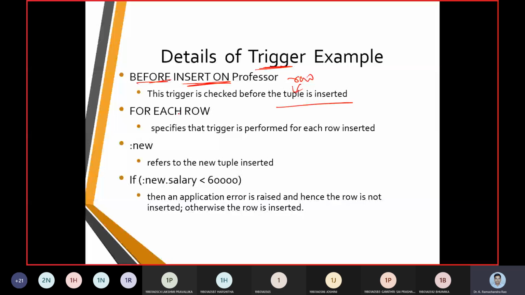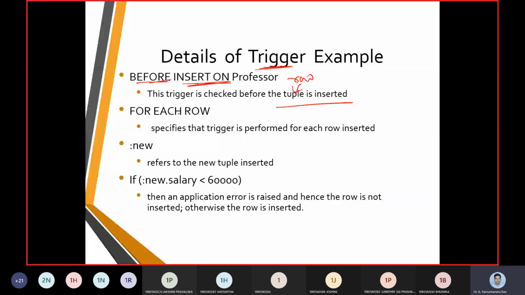Then we mention the event, when it should happen: before delete or insert or update on customer, the table where it is going to apply. Either row or statement you need to mention. By default, statement is used, but here we mention row.